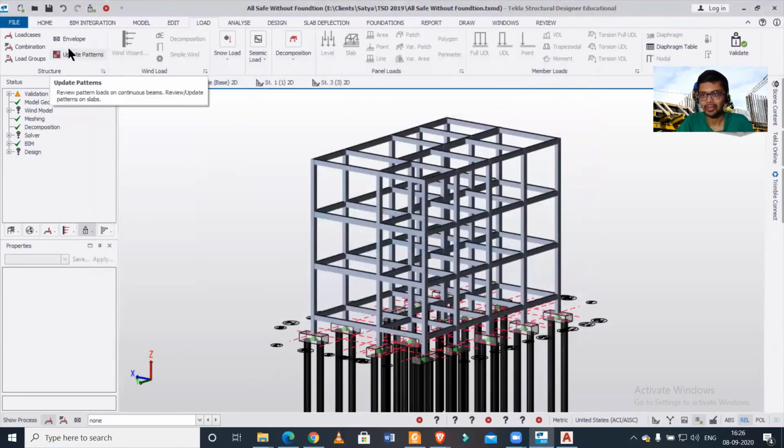So in this way, we can change the values of the modifiers in the loadings as per IS code, and also as per your ACI code. And if we want, we can generate load combinations manually, or import them from MS Excel. Just watch the video in the description.